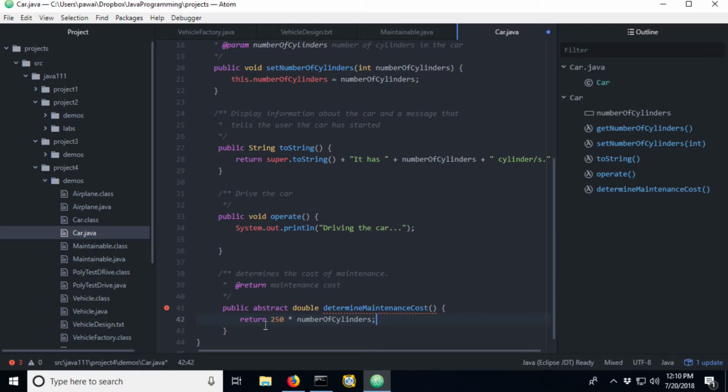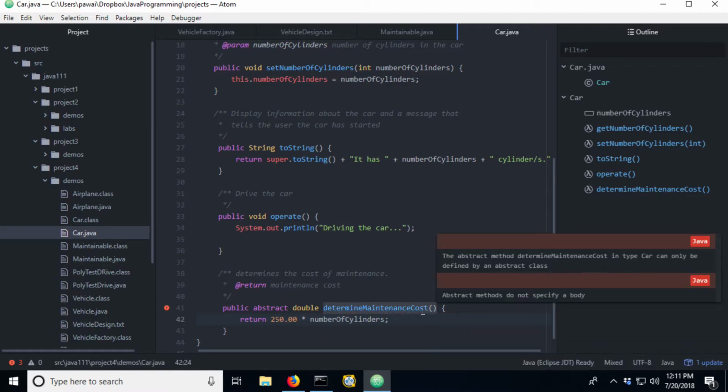Of course, there could be much more information that goes into this. In fact, maybe in the real world, my chosen implementation would probably be to go out to some type of web service like Edmunds, which has all kinds of information about vehicles based on the VIN number, go out and get information from them about maintenance costs for a particular vehicle. So that maybe would be what the real implementation would be here. For this case, this works all right. Okay. And I'm going to make this a double just so that we get the level of precision that we're looking for.